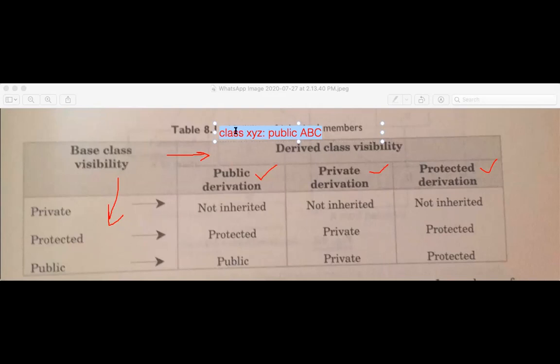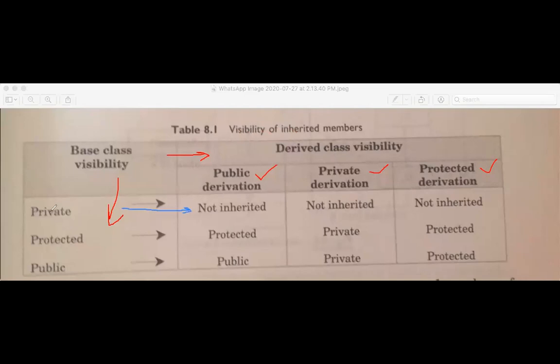Okay, so in case of class XYZ colon public ABC, what is the member visibility of your ABC in your XYZ class, we are going to see here. If some members are declared as private in your base class, then in the derived class, how can you access that base class member? It is given here.